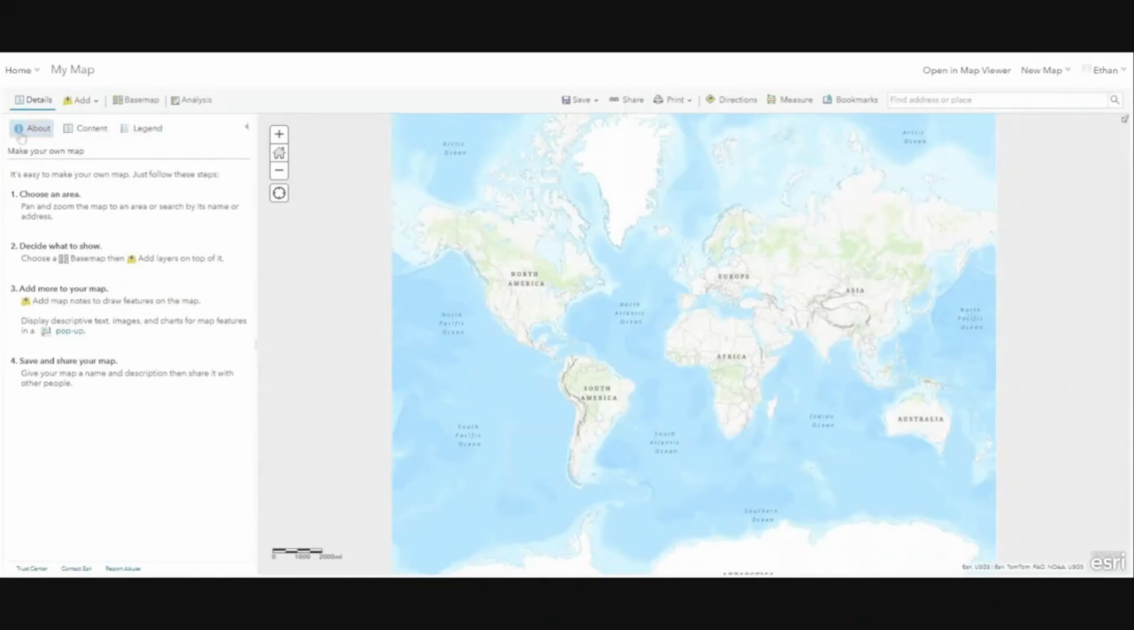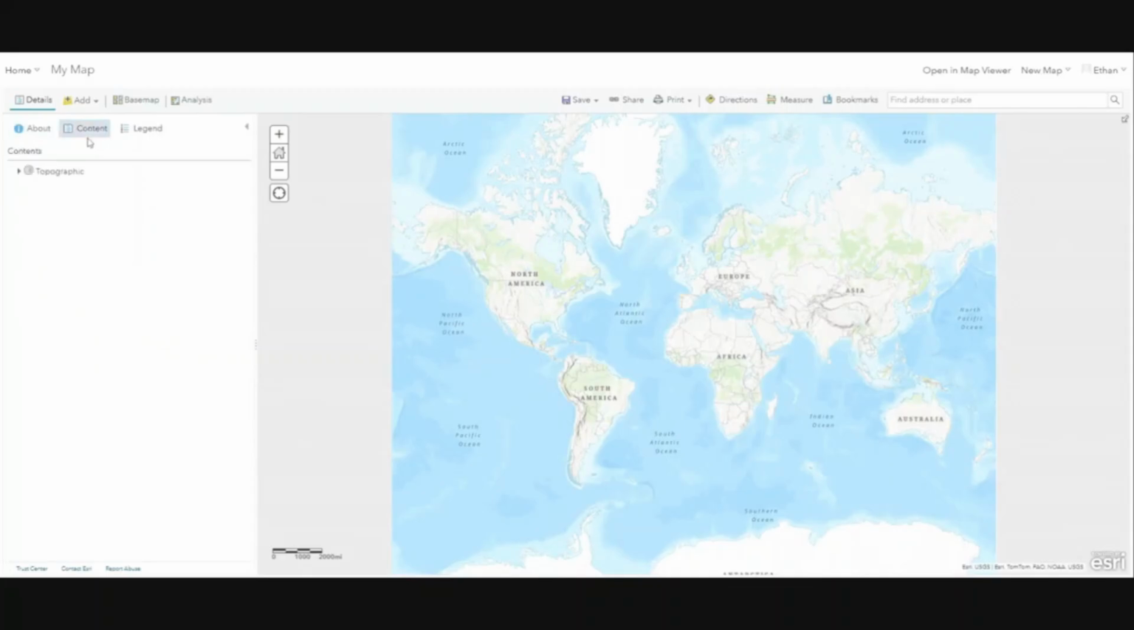Like I said, we'll get more into this. I'm going to click on content though. And you can see I've got the topographic map here. I can change some of the formatting of that. It works somewhat similar to ArcGIS Pro. A little bit different though. And then